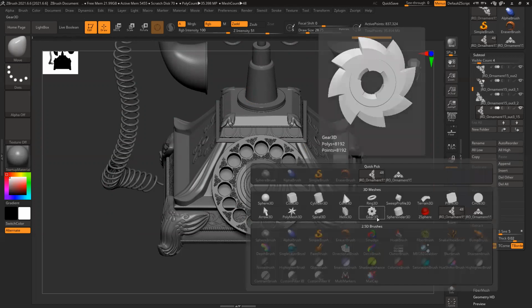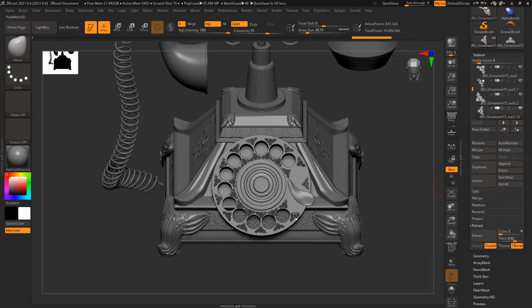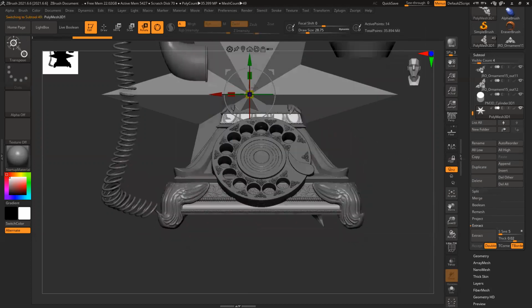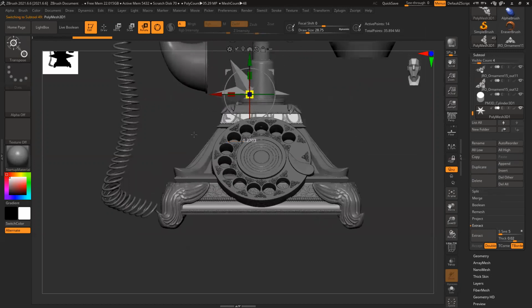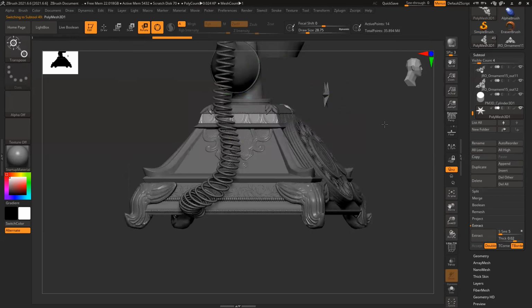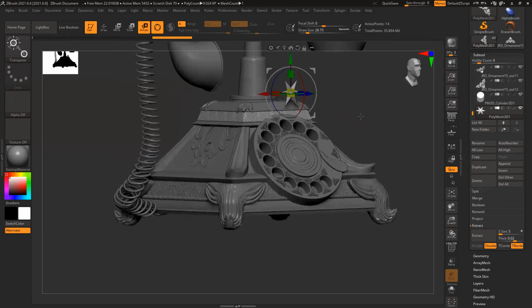Where's my star? It's already there in ZBrush. So I want to apply the star here.